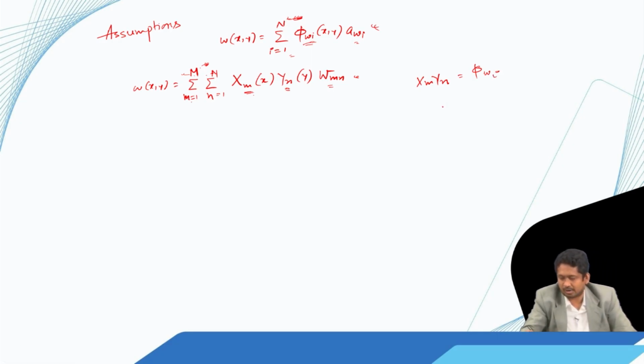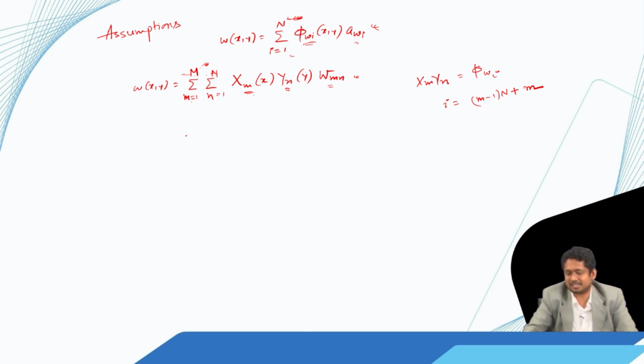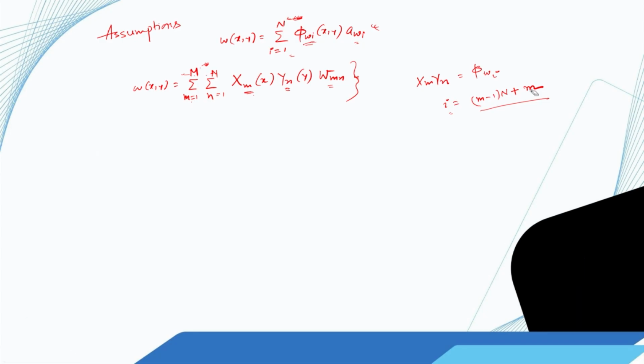So, I equal to m minus 1 into n plus m. So an mnth term can be represented, if I want to expand this and write it as a single series, then I is equal to this. Anyway, we will just continue with this kind of approximation and develop the entire formulation from which n bar can be found out. Just one correction, this is not m, this is n,